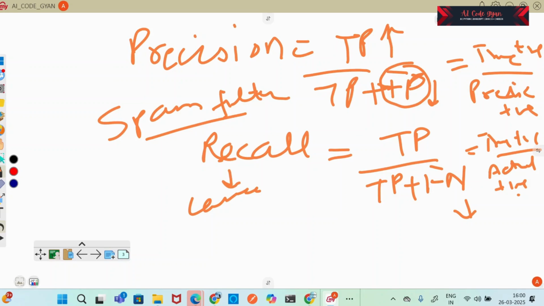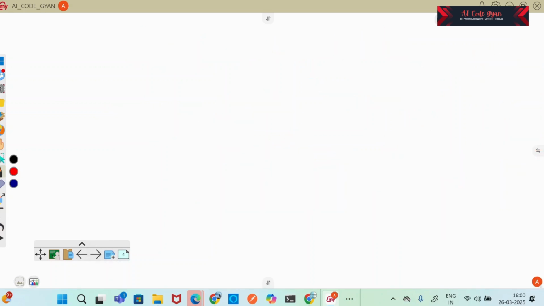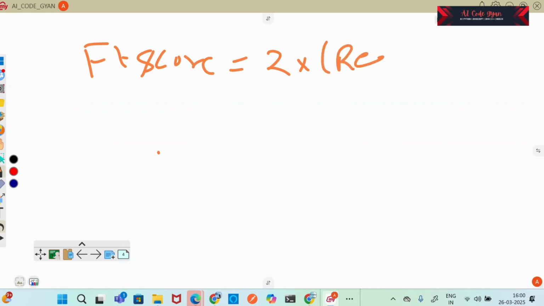Now let us talk about the next factor, F1 score. It is calculated as 2 into recall into precision